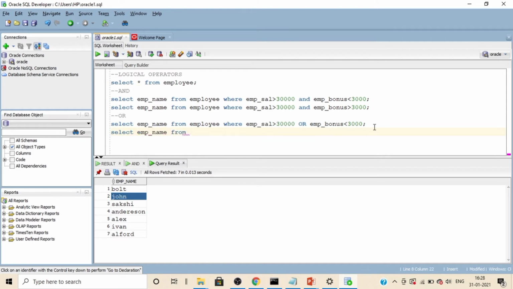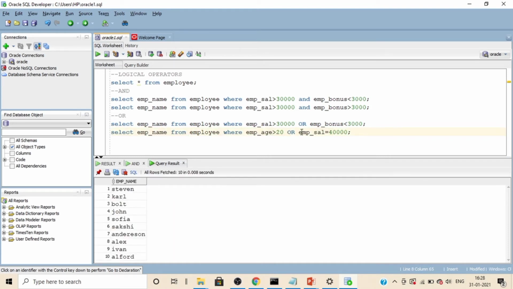So we'll check with another example to get a better idea. I'm just selecting the employee names from the employee table where the age is greater than 20, in our case we have EMP_AGE as a column name, or EMP_SALARY is equal to 40,000.